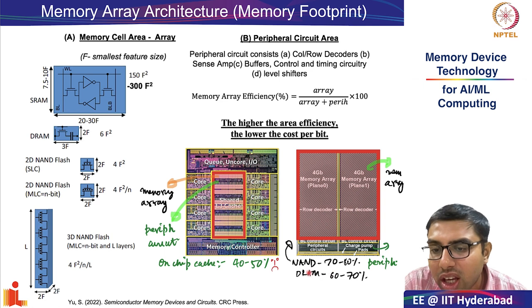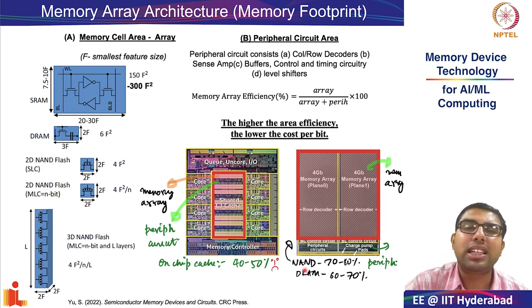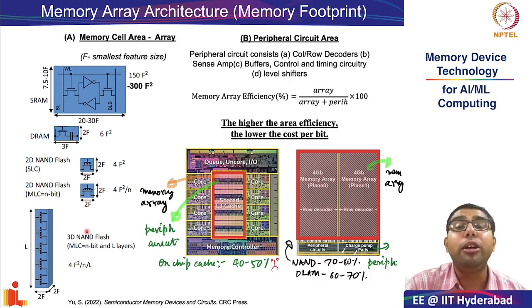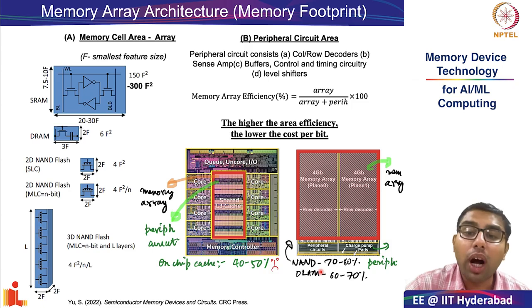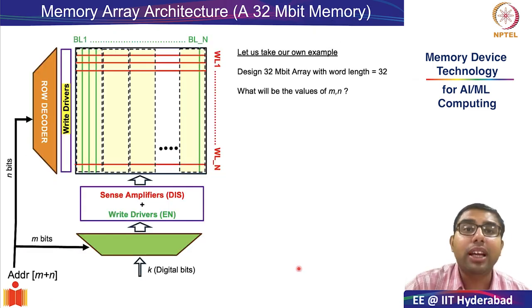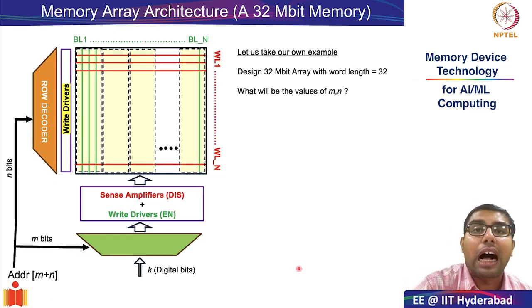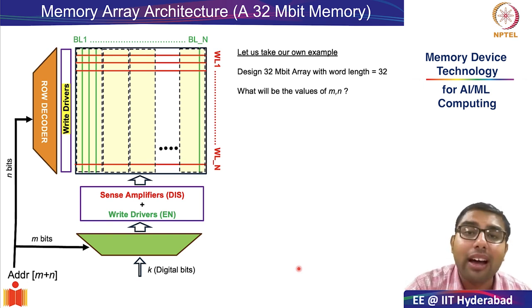Why is the efficiency in DRAM slightly smaller? Due to two main reasons: the bit density in NAND flash is slightly better, and also the peripheral circuitry in DRAMs is slightly more complicated because you are facilitating random access in DRAM compared to sequential access in NAND flash. With this, we conclude our discussion about area efficiency